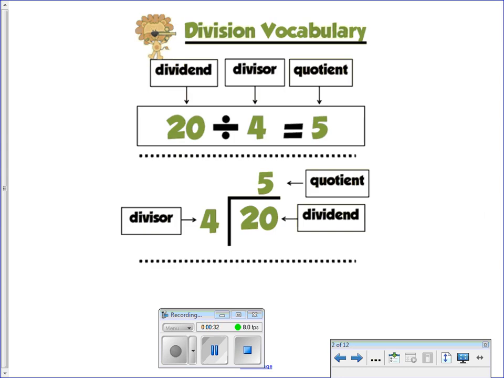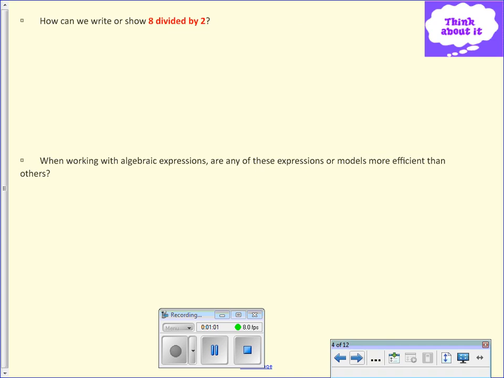Just to review some vocabulary, our dividend is our total quantity. That's what we have that we're dividing into groups. So we have our division symbol, so it's dividend divided by divisor. Or if we have it, for lack of a better term, in the house, our dividend goes on the end. Our divisor is outside. When you're outside, you have to wear a visor. Okay? So let's just